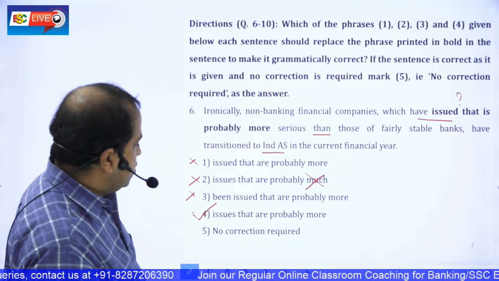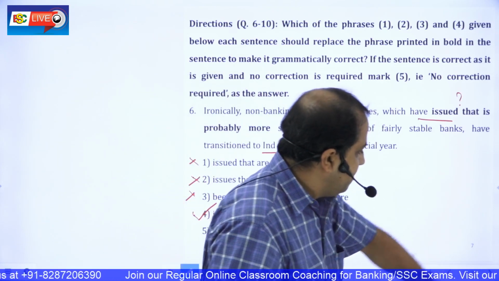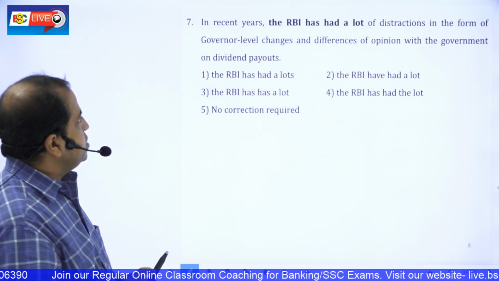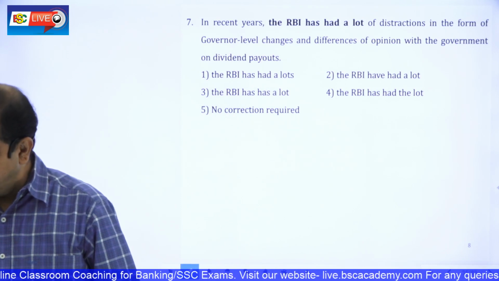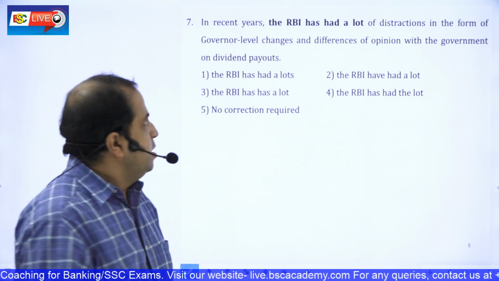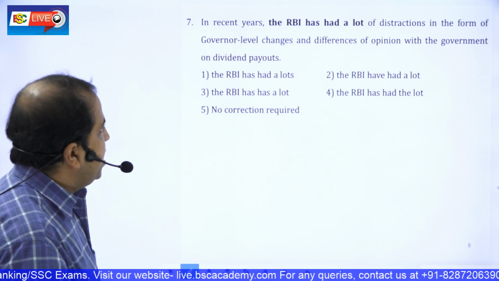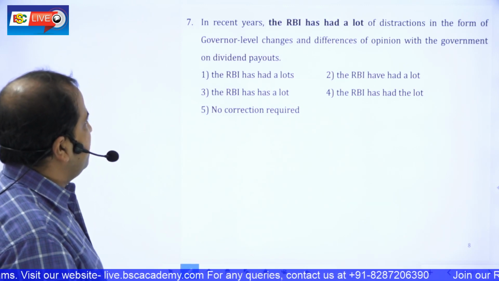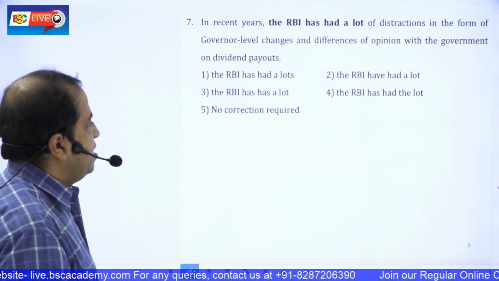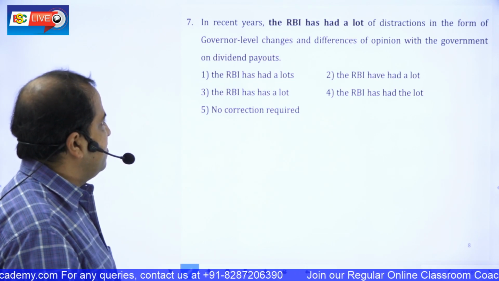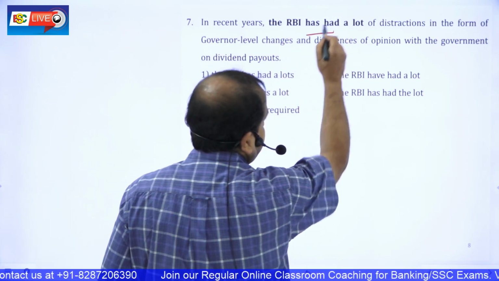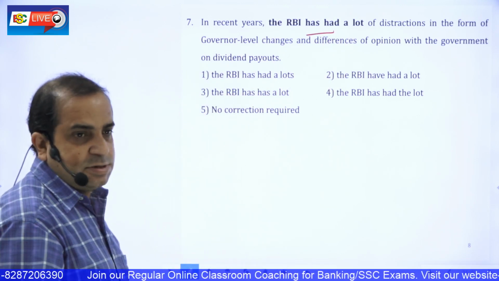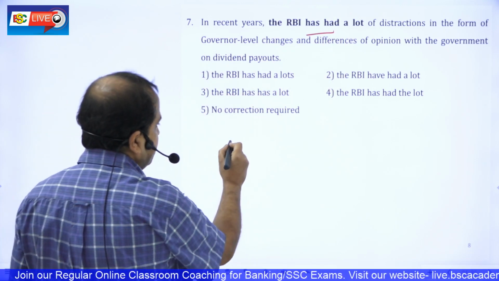Yes, now move on to question number 7. Question number 7. In recent years, the RBI has had a lot of distractions in the form of governor-level changes and differences of opinion with the government on dividend payouts. Now, this has had is something that troubles people a lot, because the problem is that